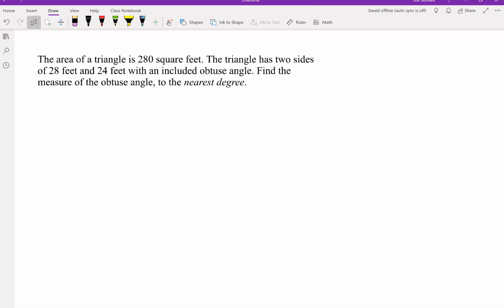But let's just do one more here. Slight variant on the problem. This one already tells you what the area is, and it said the triangle has two sides of 28 and 24 with an included obtuse angle. That's an important word here. And it wants us to find the measure of the obtuse angle. All right, so